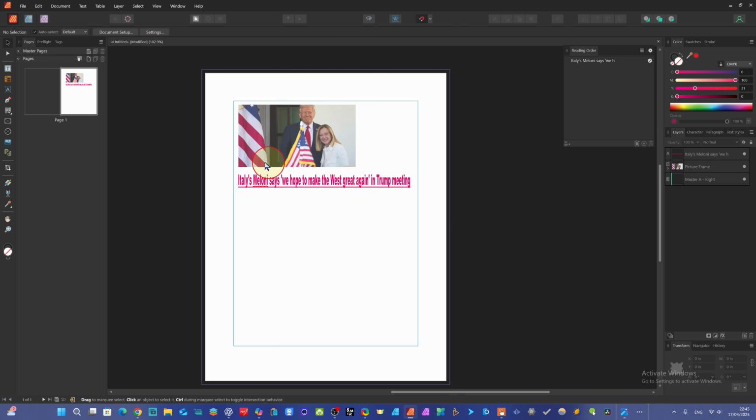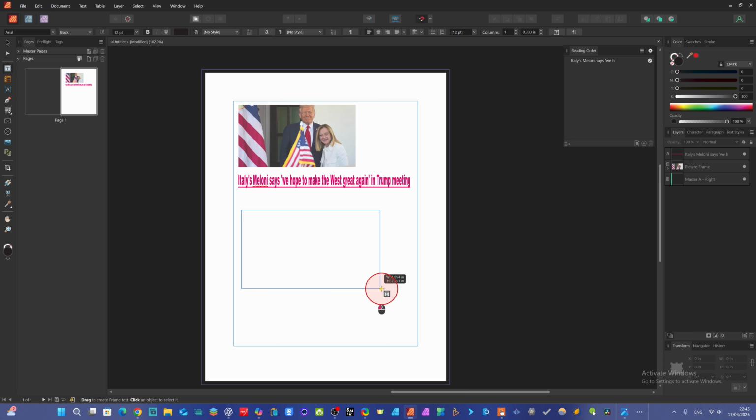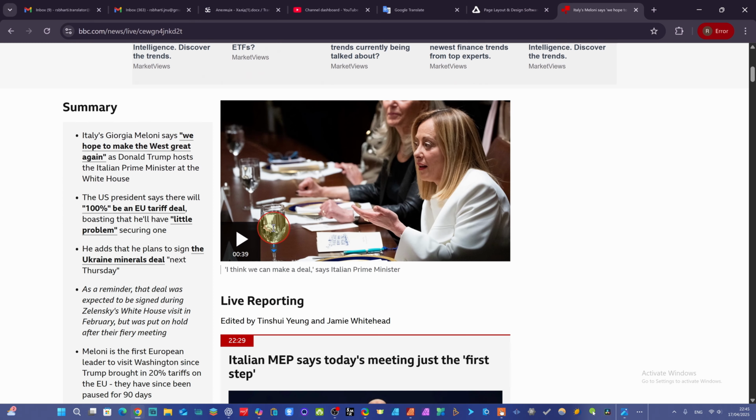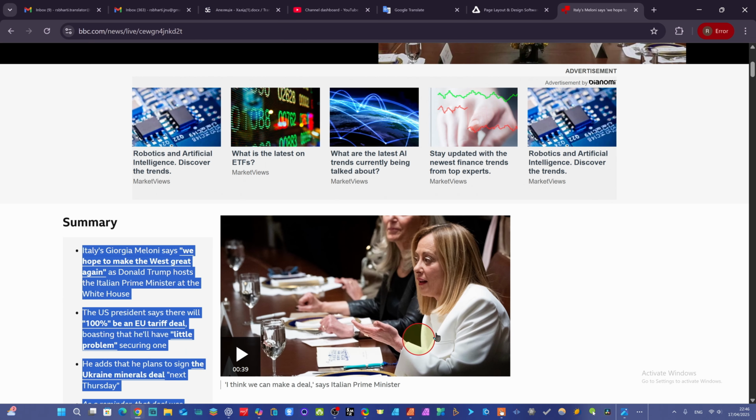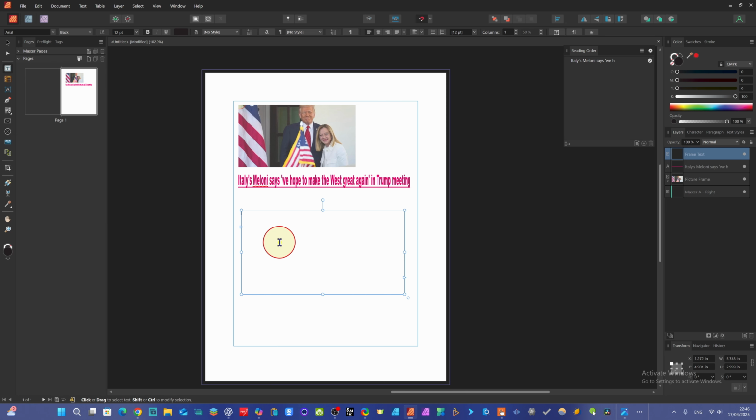Okay, now we want to add several sentences. For adding several sentences, you have to come here to the frame tool, and we can add several sentences here. We just come to the website of BBC, and now we want to take all these sentences from here to here. We select all and copy, and we come to the page of Affinity Publisher here, and we can directly